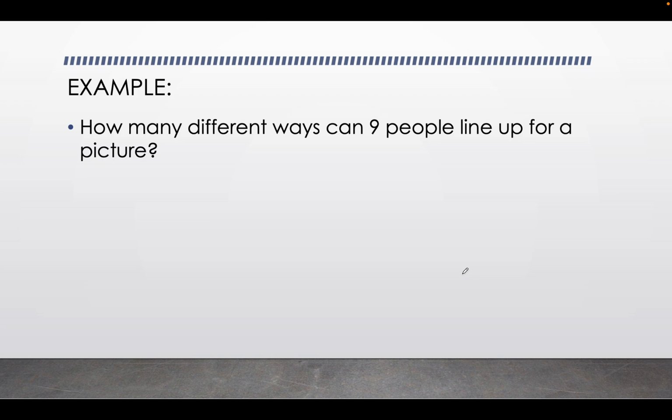As another example, how many different ways can 9 people line up for a picture? Since we're lining them all up for a picture, n and r are both 9. So we end up with 9 times 8 times 7 times 6 times 5 times 4 times 3 times 2 times 1 factorial, and then since the difference between them is 0, 0 factorial